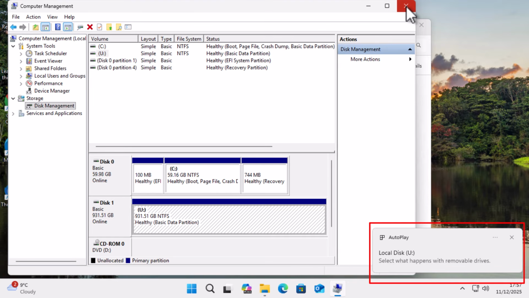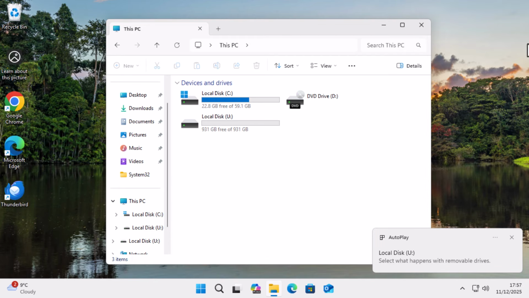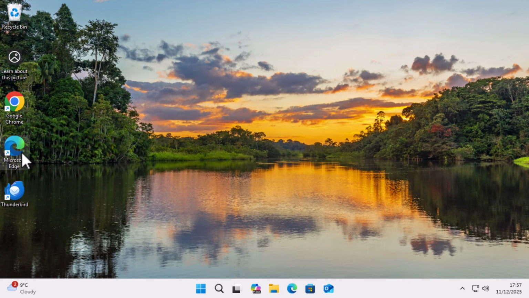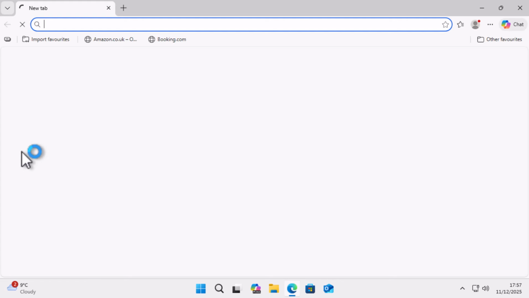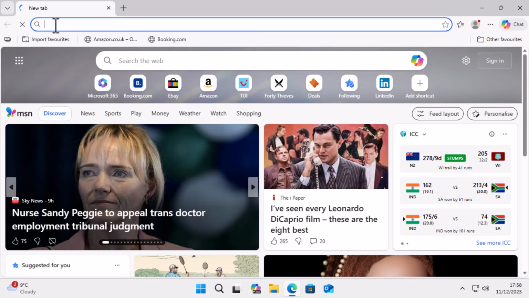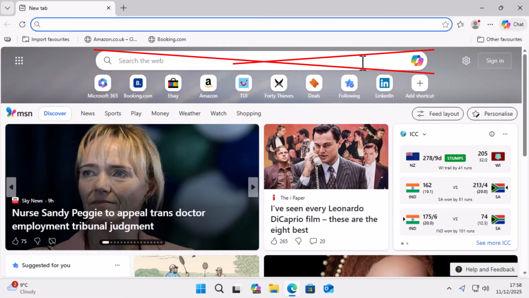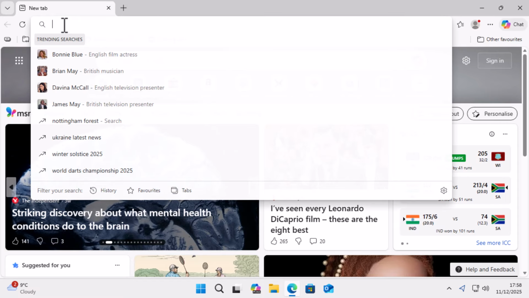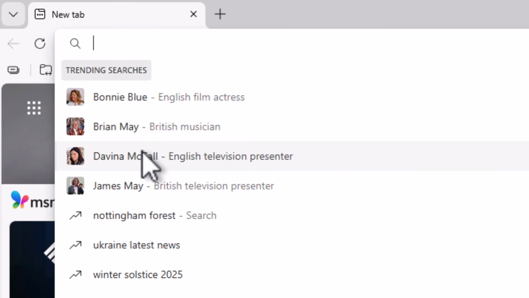So click on the cross just up there in the top right hand corner. Click on that cross there just to close that down if it's still open. Open up your browser. I'm going to open up Microsoft Edge just simply because it's on everybody's system. Click in the address bar at the top of the screen, not the search the web bar in the middle, just there. Click in the address bar right at the top and type in there